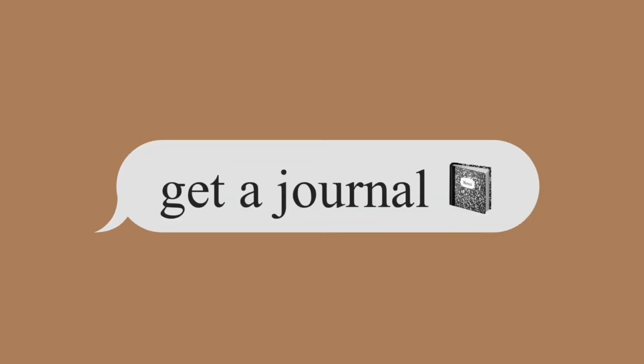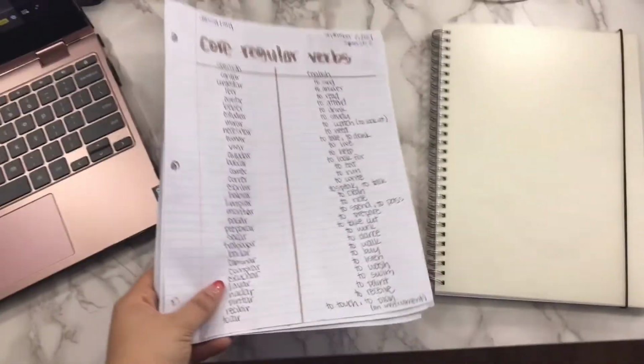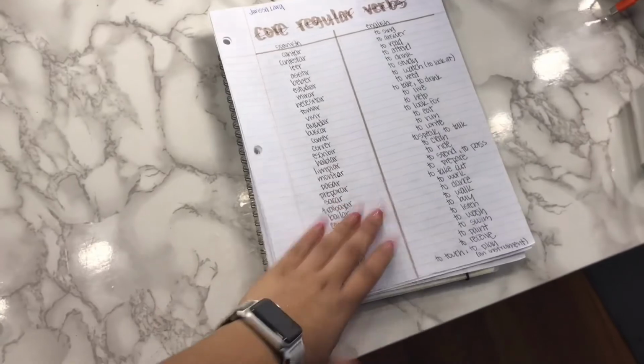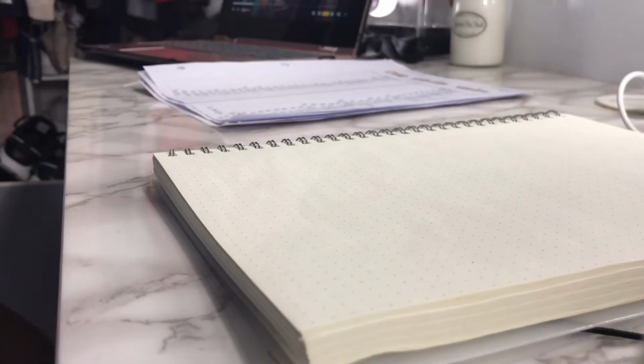So my third tip is going to be to get a designated journal just for this language. This way, instead of having just notes everywhere, you can look through your journal, and let's say if you're testing yourself or something like that, then you can look through your notes. If it was an open note test, or if you're just learning it in your free time, you can use your notes,